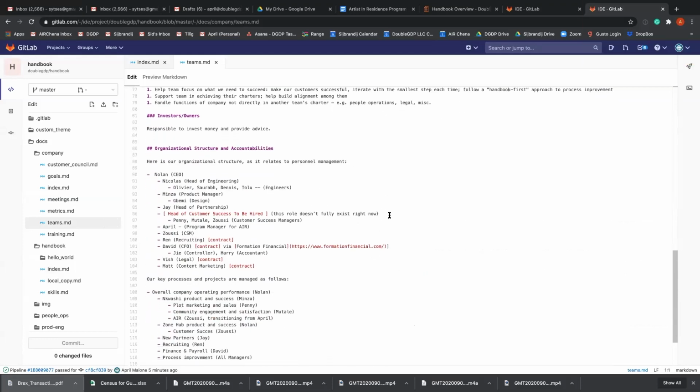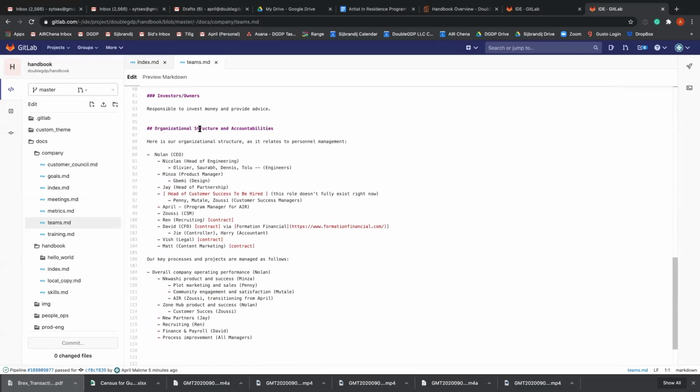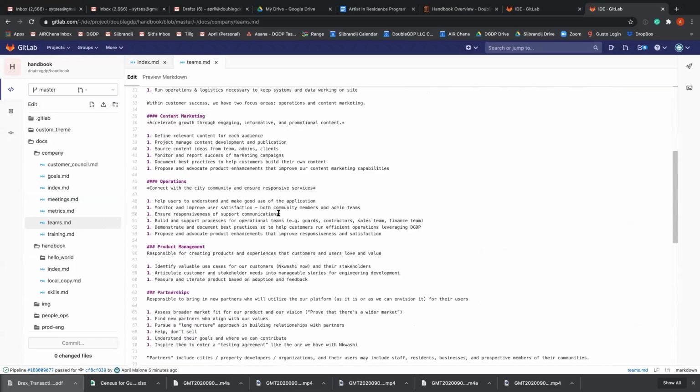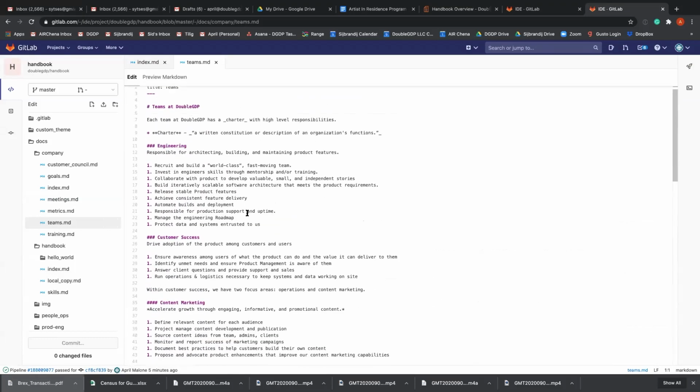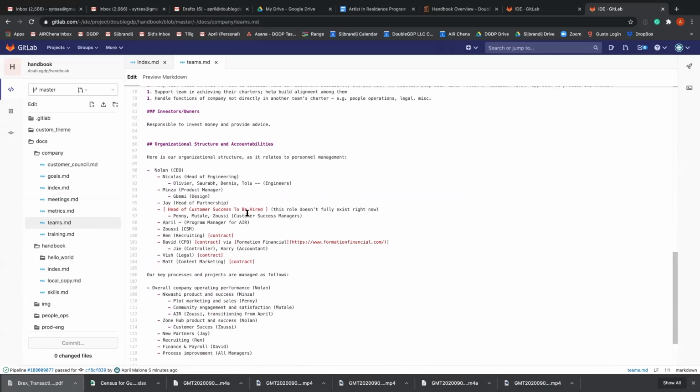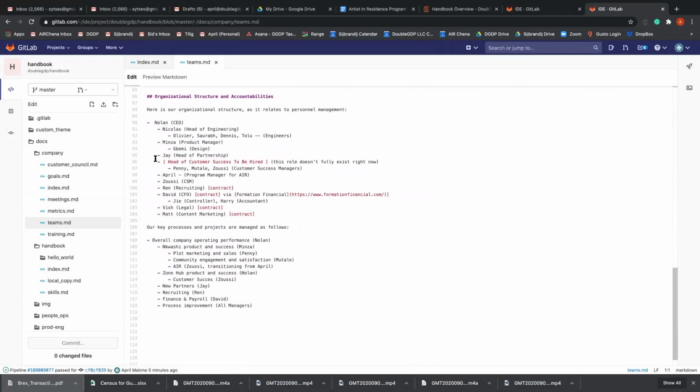Okay, so under organizational structure, because I'm seeing here, up at the top, we're defining each department, so to speak. But at the bottom here is where we have it listed out, specific roles that belong to each person. So obviously it would go here. Great, okay. I think that makes sense.